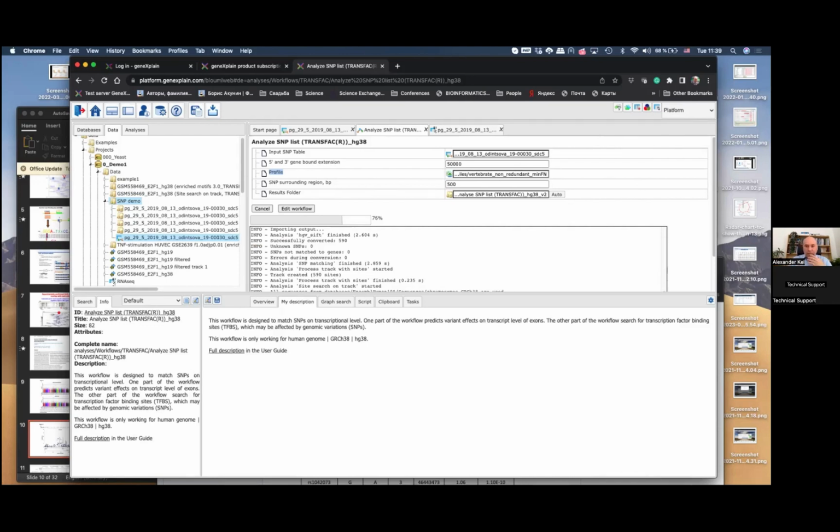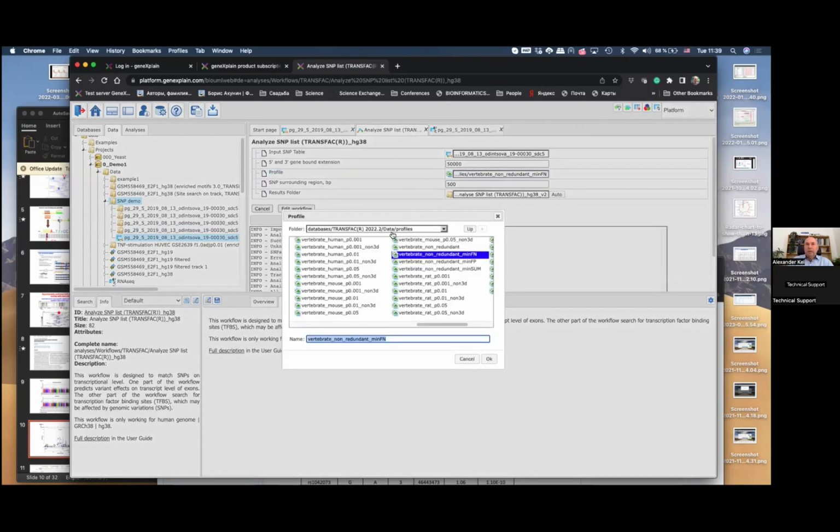But for a real study, I would say you need the full set of matrices, and for that you simply click here, and you go into the whole TRANSFAC profile section, and here you can select the bigger set. For instance,